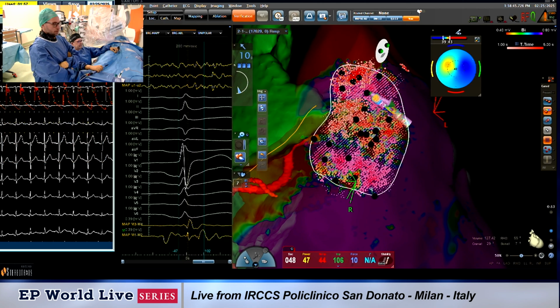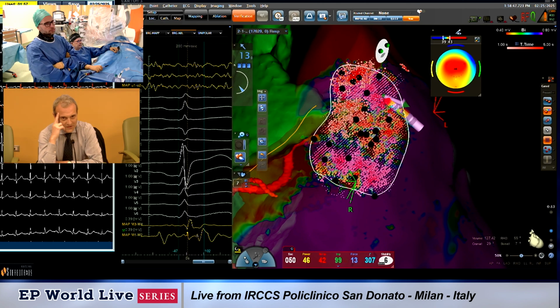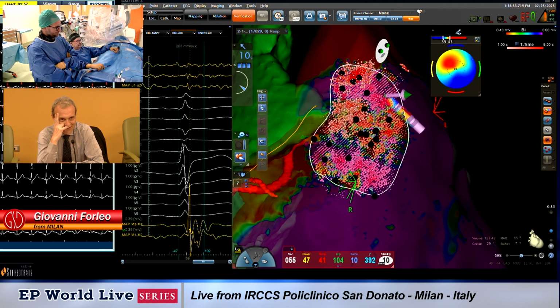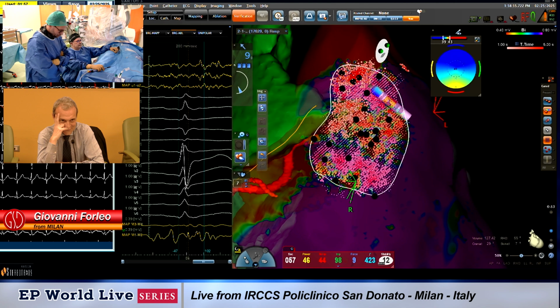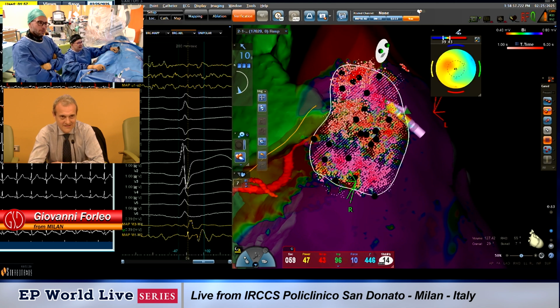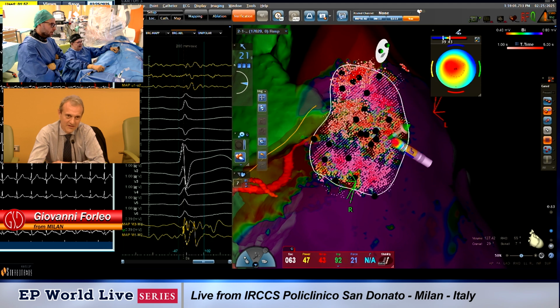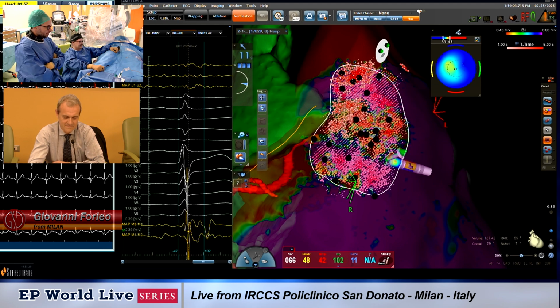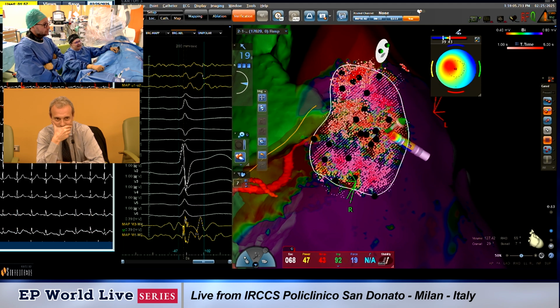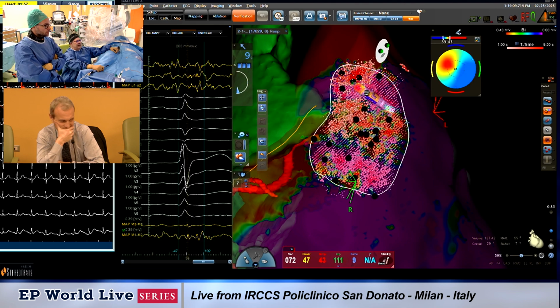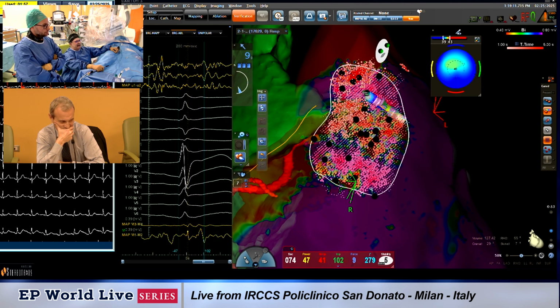We have one more question. In your opinion, is it easier to ablate Brugada or ER patients? Is it easier to ablate a Brugada patient or a patient with early repolarization syndrome? It's the same. Important is to learn how to get the access in the pericardial cavity,